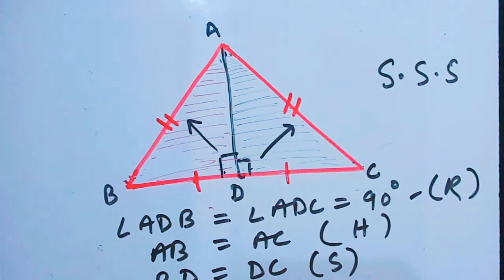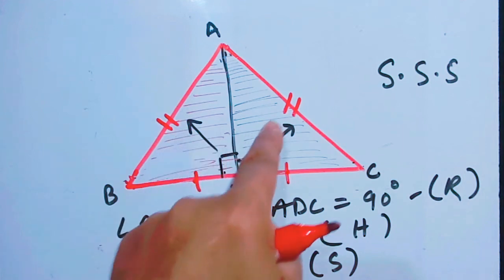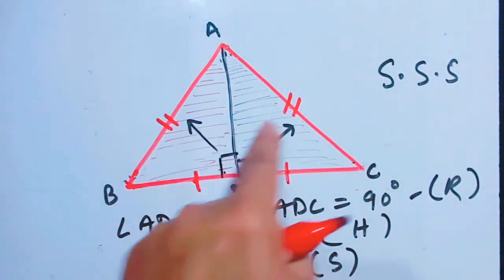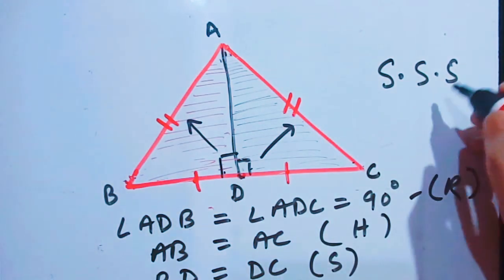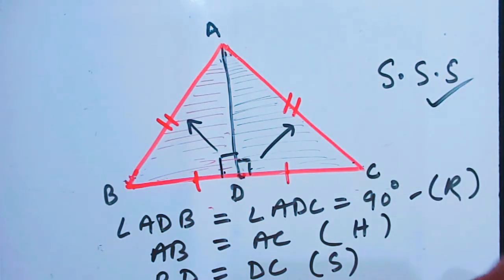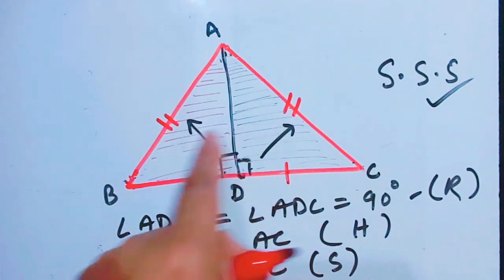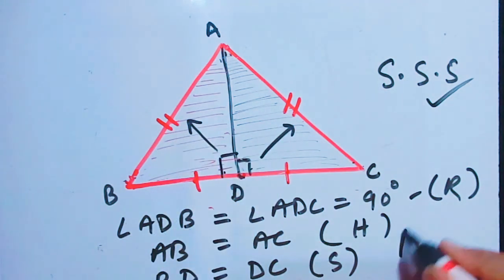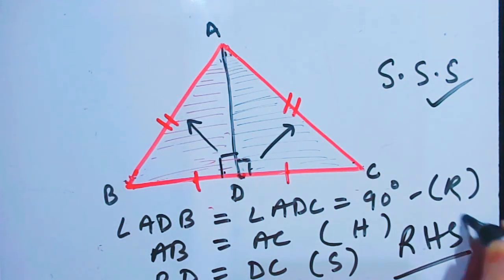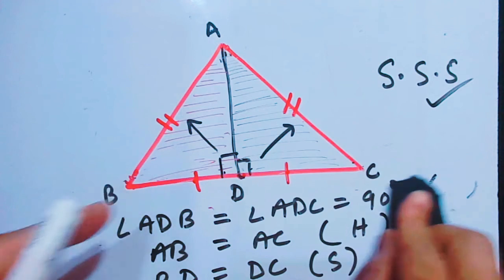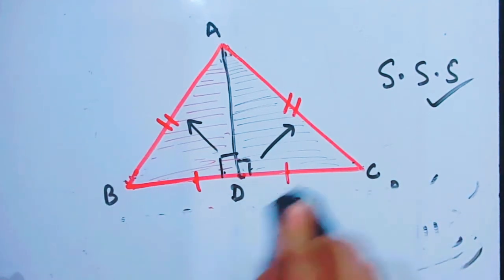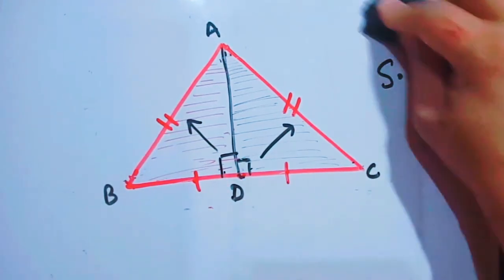So the child found that these two triangles are congruent, not by SSS. The previous child was also right, and here the child found that these two triangles are congruent by using RHS, means both the rules are applicable over here. Clear? Now in this same figure, if you just have a look, it's very interesting.